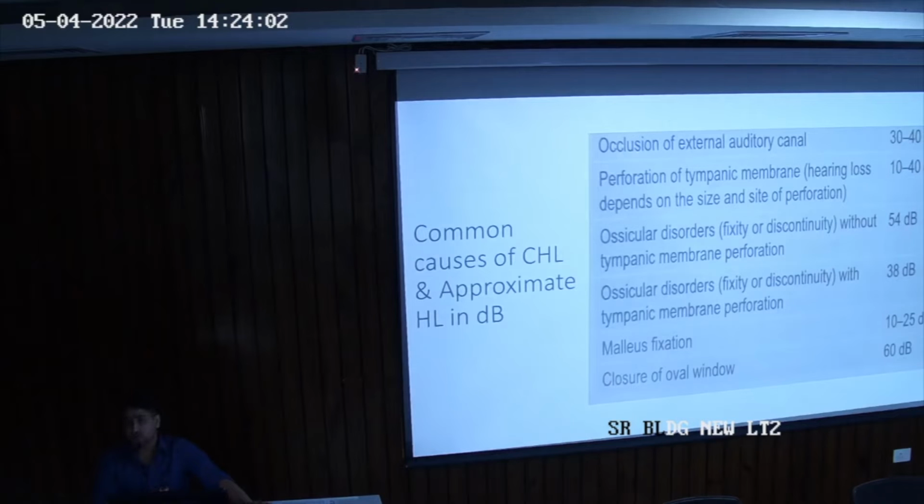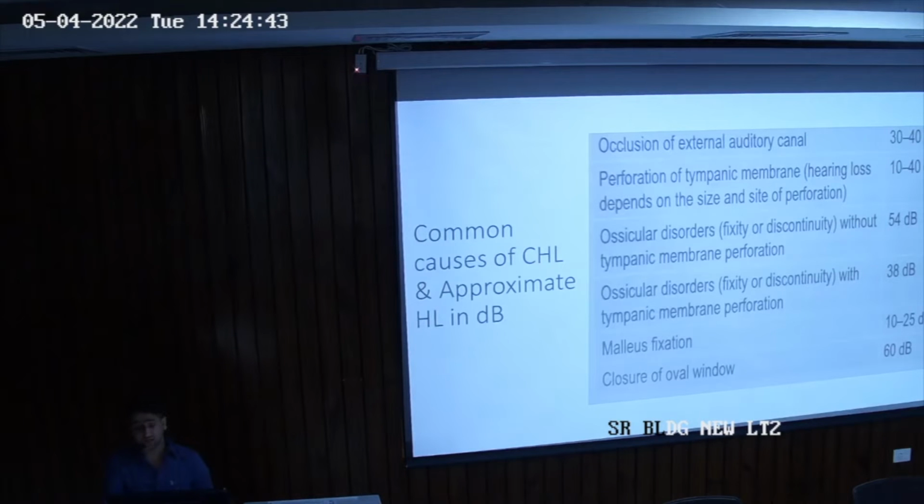Okay, so whenever you are being asked what the causes of conductive hearing loss are, don't find yourself blank. Start from here: there can be a congenital anomaly, an anomaly of the pinna, the pinna itself is absent, the external auditory canal is absent, or the ossicles are absent in the middle ear. See, the occlusion of the external auditory canal by anything, be it a foreign body, be it wax, be it a furuncle, it can cause a loss of around 30 to 40 decibels.